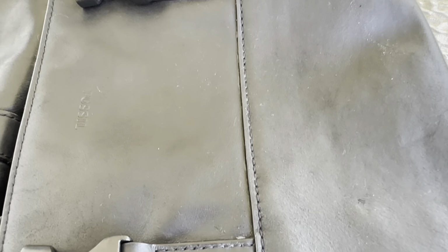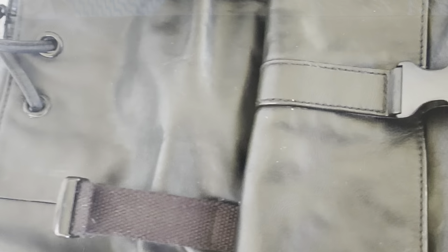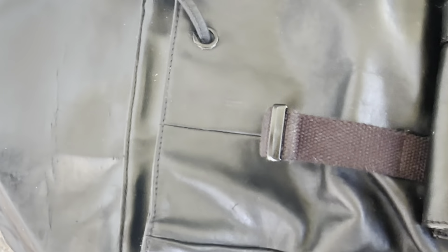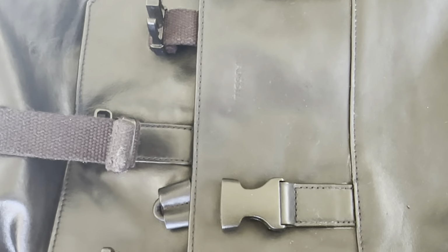So I've done the inner flap, but it is interesting how much the conditioner seeps through. This is as it is, and I've already done a first pass on that, but it is so dry. Okay, so I think this needs a second or third coating. So this is the bottom of the bag, and yes, this is a high worn area. So yep, this is the untreated version. I'll do the afterwards. So just a few minutes in the sun, and it's dry already, so I'm going to do another round. So this is going to be the third pass of putting the leather conditioner on